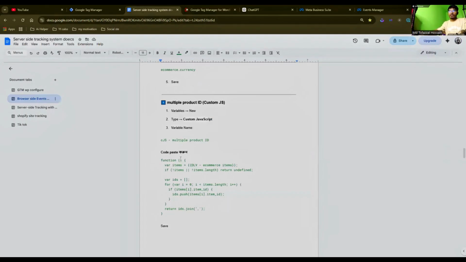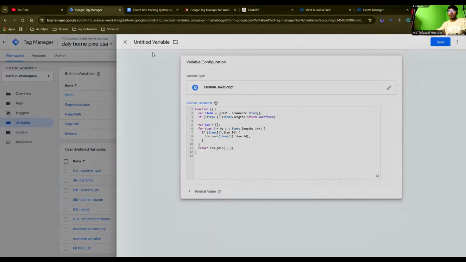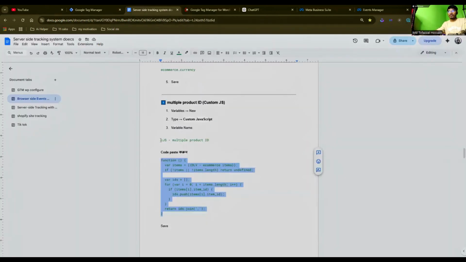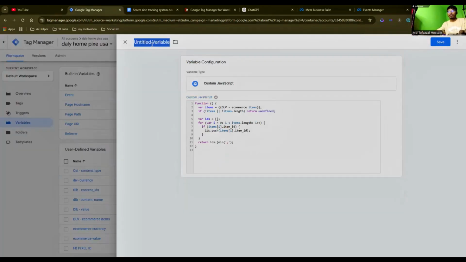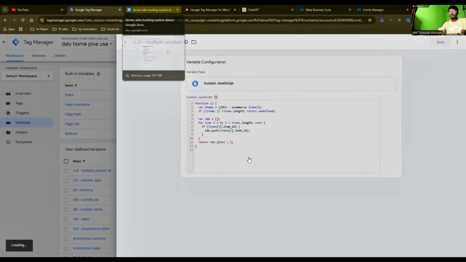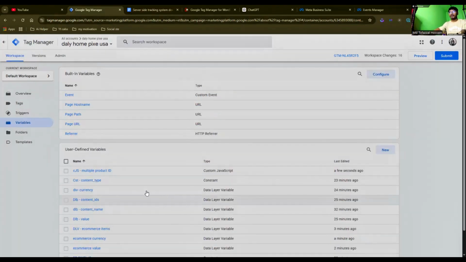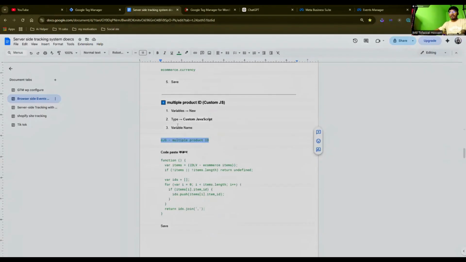Copy this code and paste in here and change that name into CGS multiple product ID. Yeah, okay, it's done and save. Okay, it's created. So the fifth one